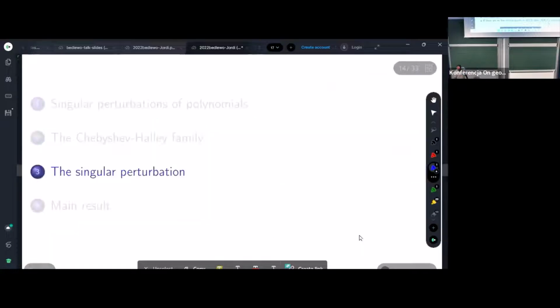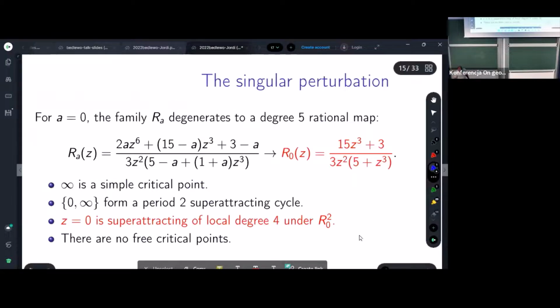Okay, so now we go to the singular perturbation. If you remember, I was saying that you usually have something like z to the 4, or z squared, and you add plus lambda over z cubed. That's not what we are doing in this case. We are starting from a family, and we won't study it from the point of view of singular perturbations. So we start with our original family, and we want to understand